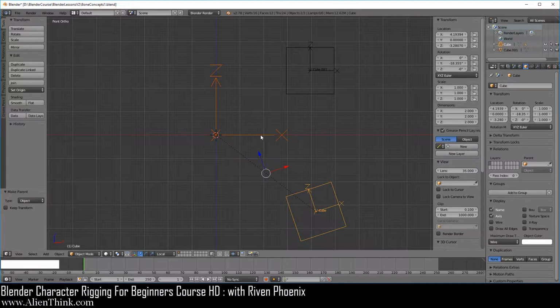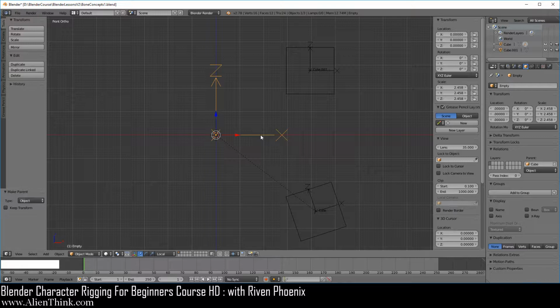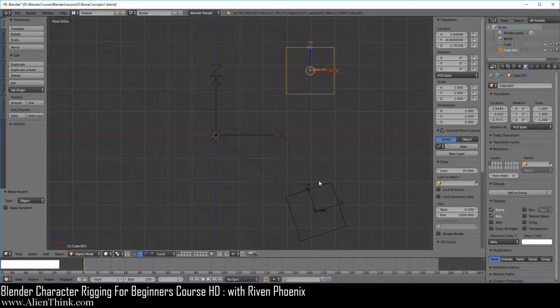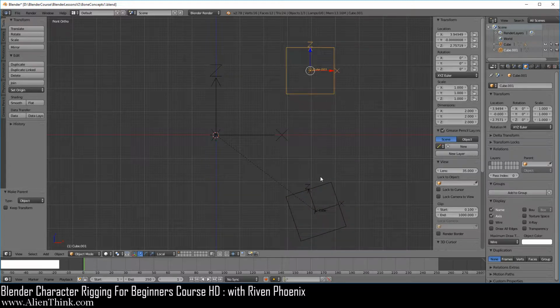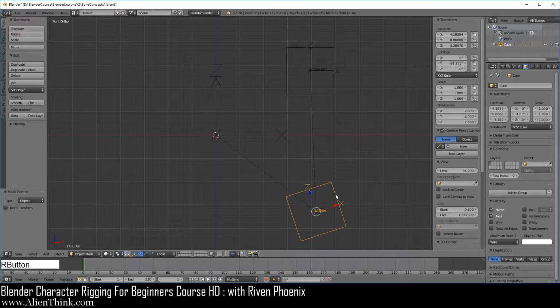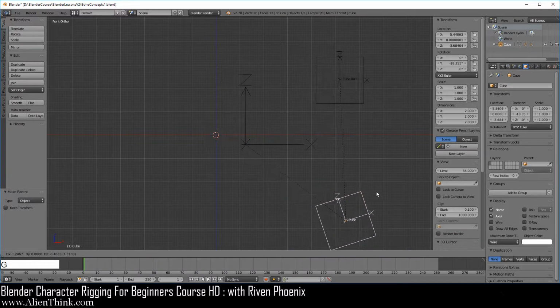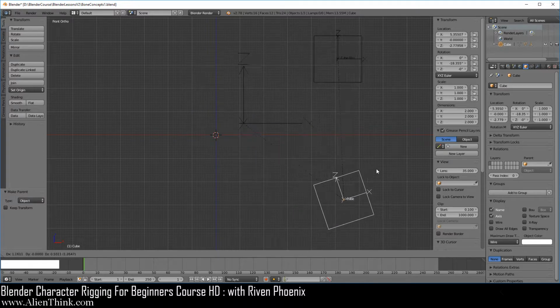Now, this is the visual marker really showing that if you create the true parent-child relationship between this object and this object, this is where this marker is going to be. So to see this, go ahead and create the true parent-child relationship that we want to track. So click on this object, press the Shift key down, click on this one, and now just do Control P and pick Object. Now you'll see that when we click on the parent for this object, when we press the G key, how this imaginary center of the 3D grid moves with it.